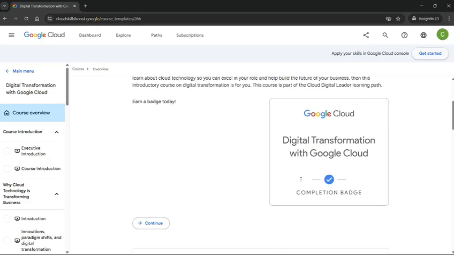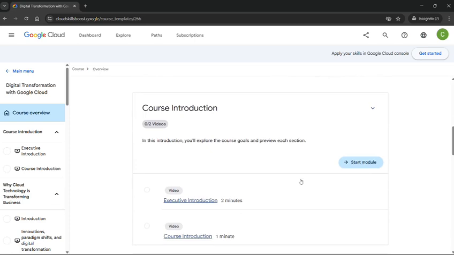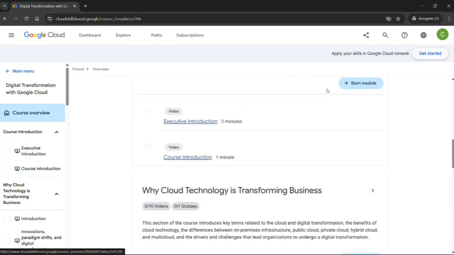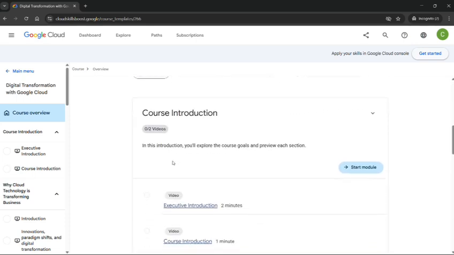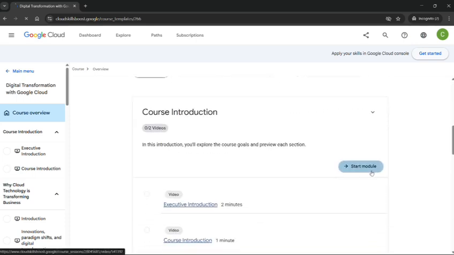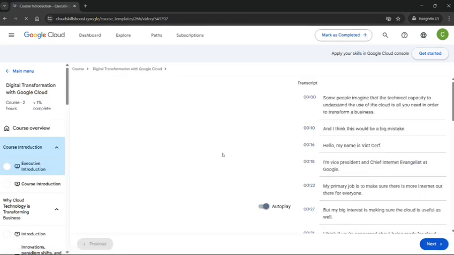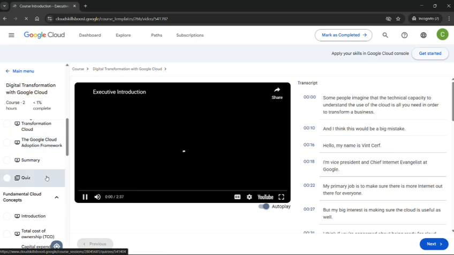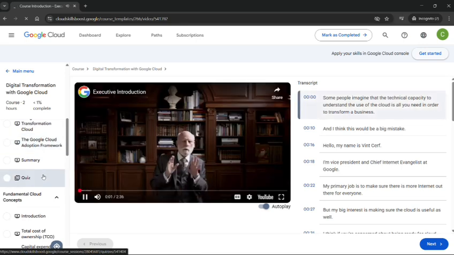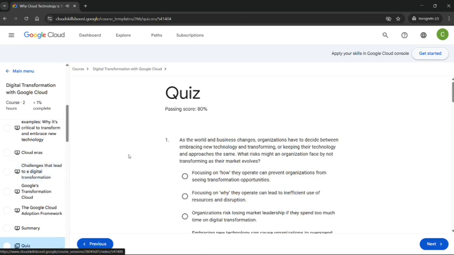So guys, today we're going to check out the digital transformation with Google Cloud Batch Solutions. Now it's not necessary to complete every single part of the lab. If you want, you can simply skip directly to the quizzes and complete them. Also, keep in mind, the quiz questions can be shuffled. That means, what appears as question 1 for me might show up as question 5 for you. So, just carefully match the questions and select the right answers accordingly.